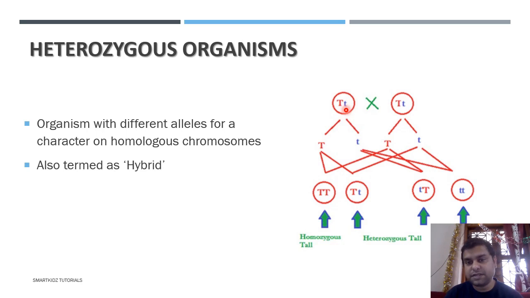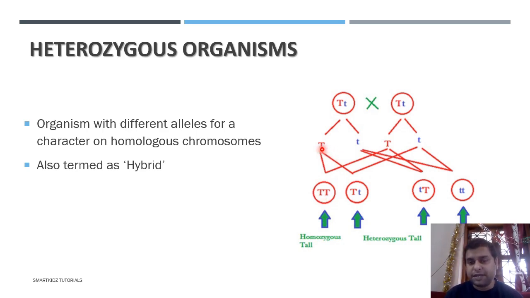It has got one recessive allele, small t, but it remains hidden in the next generation. But we'll see the combination, because we say segregation of alleles happens when we cross them. So this organism can donate one capital T or one small t. Similarly, in this case too, it can donate one capital T or one small t. Now if a capital T from this plant combines with a capital T of this plant, as seen in case of this, we get both as capital T, which will be homozygous tall or homozygous dominant.